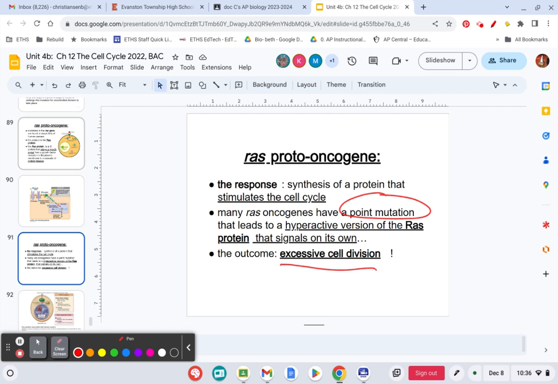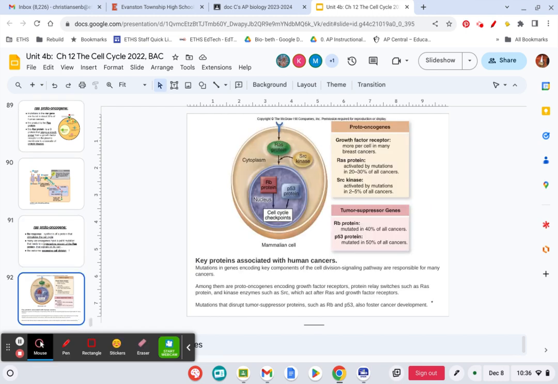So you can have tumor suppressors that no longer function and don't work to turn the cell cycle off, or you have the proto-oncogenes that get basically turned on and you can't turn them off. Those are the two different mechanisms, and they have the same outcome, but they just have a different mechanism for doing it. This is just kind of a breakdown of the proto-oncogenes versus tumor suppressor genes.